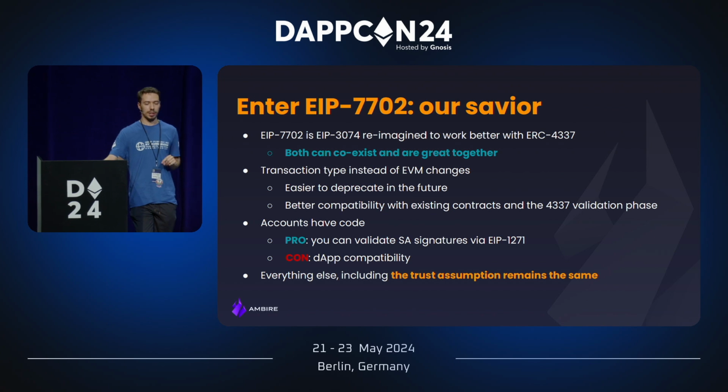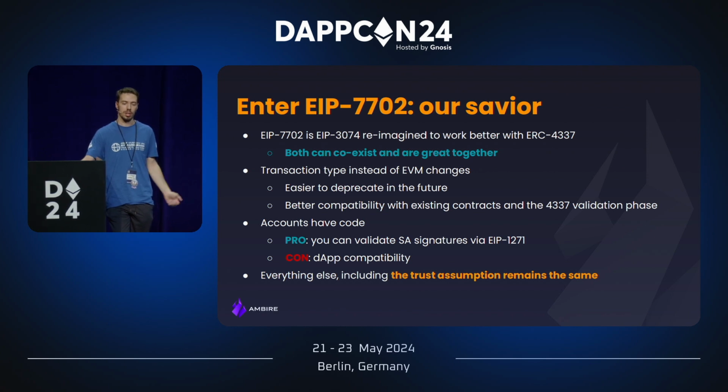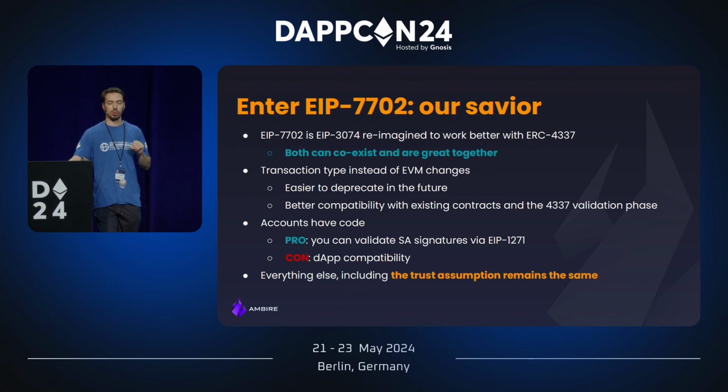And the logic behind this is kind of stupid. They've been thinking about how to get rid of bots and how to disallow bots from minting their NFTs, but this breaks the whole account abstraction compatibility, right? So you cannot mint from a Safe, you cannot mint from Ambire, but 3074 had the potential to solve this, but with 7702 we wouldn't be able to because the account still has code during execution. But this is actually a really small price to pay because it brings a huge advantage,